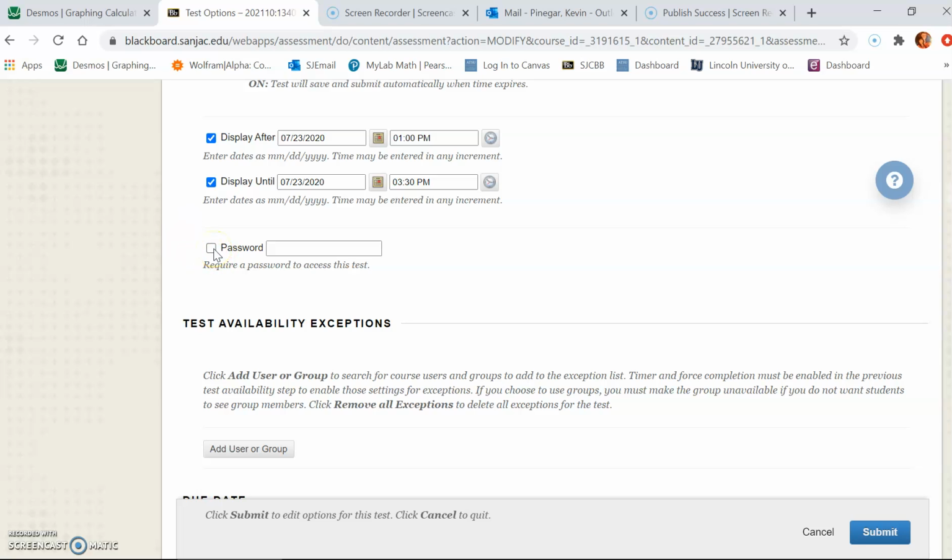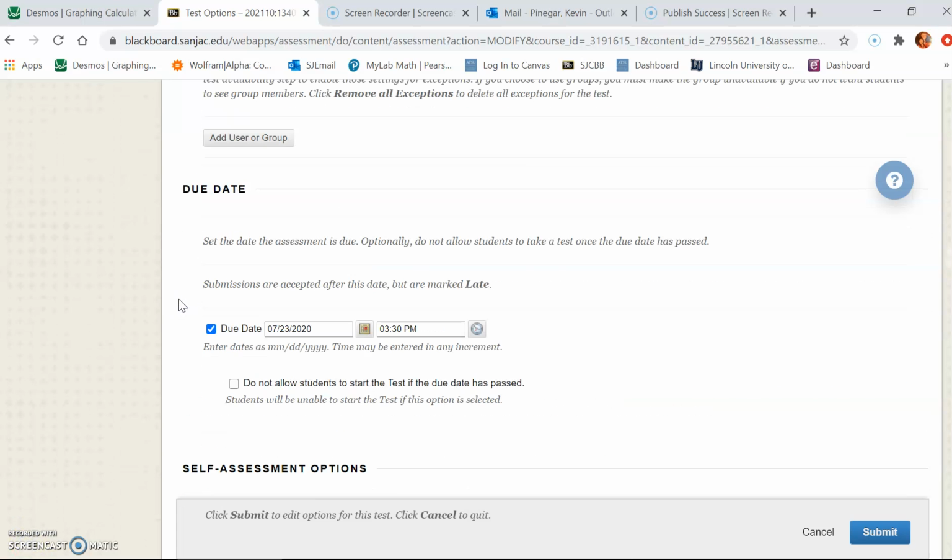You can require a password for the exam, and so I usually do that when they're taking the exam in a proctored environment, but I also use it sometimes when I have multiple exams. I can make it password protected, and then a person would have to have the password for that exam. Okay, and then of course your due date,